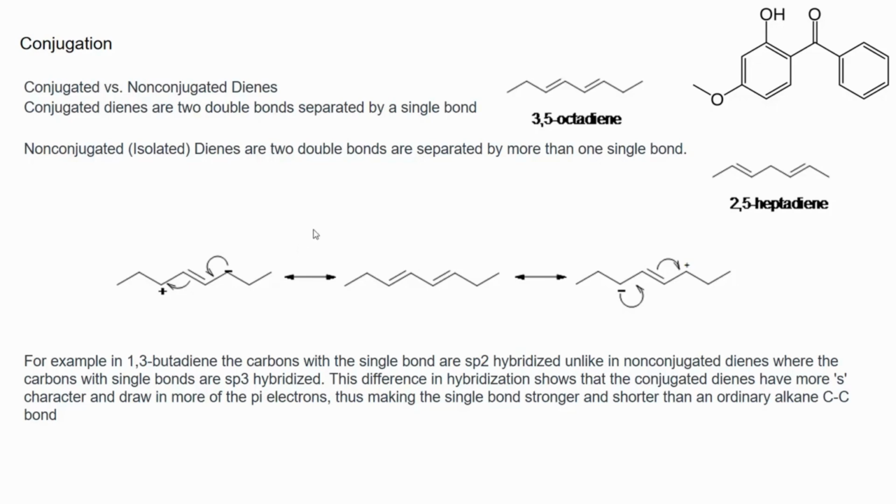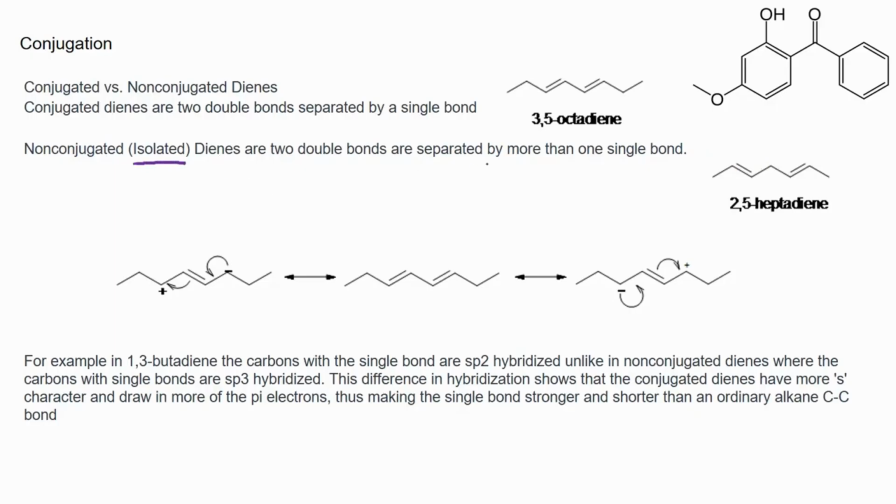Previously, we've talked about alkenes on their own, so when you have one double bond in a compound and what reactivity that imparts on a system. Now we're going to talk about having systems that have at least two double bonds. Now when you have two double bonds and they're separated by at least two single bonds, you have what's called